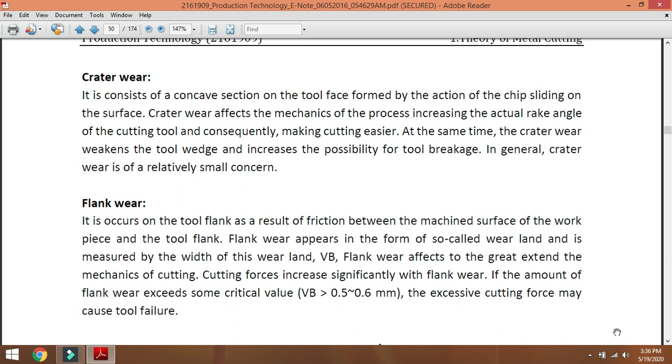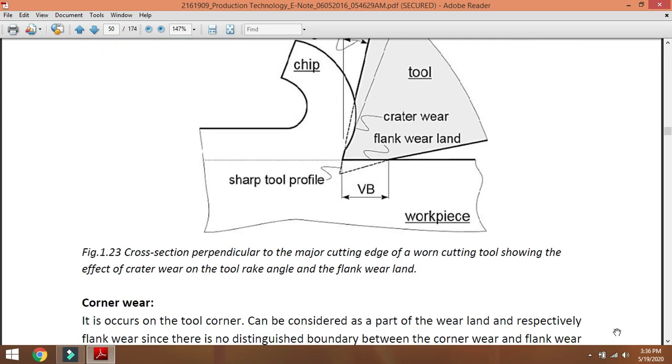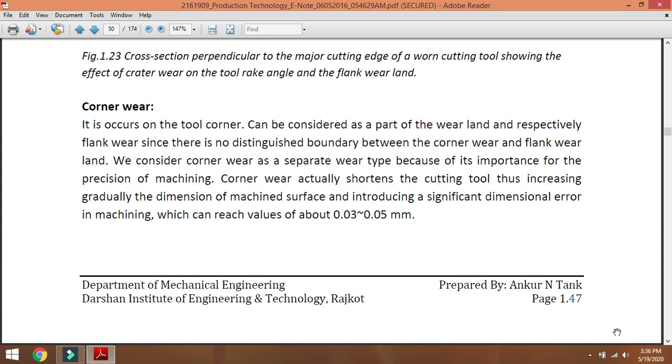Crater wear is more common in ductile materials which produce continuous chips. It is more common in HSS tools, meaning high speed steel tools, or ceramic or carbide tools which have much higher hot hardness. The reasons for crater wear may be one or more of those discussed: the tool material is too brittle, excessive static or shock loading of the tool, weak design of the tool, and high positive rake angle.